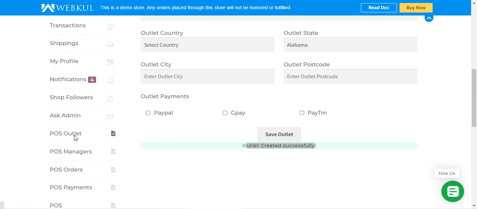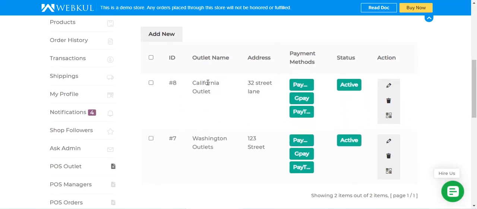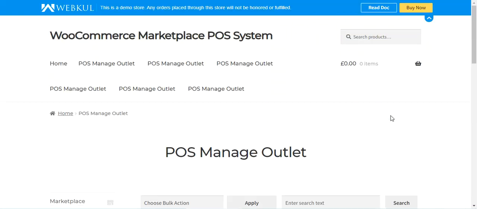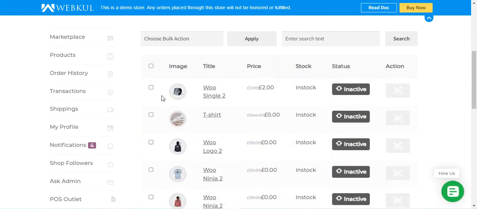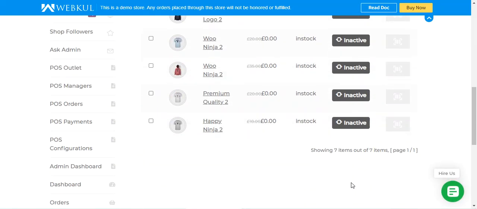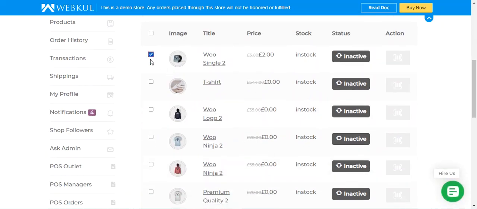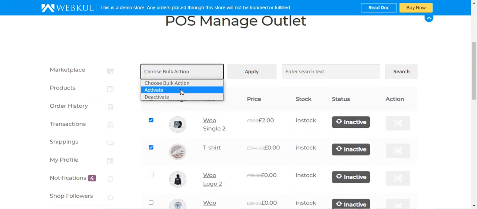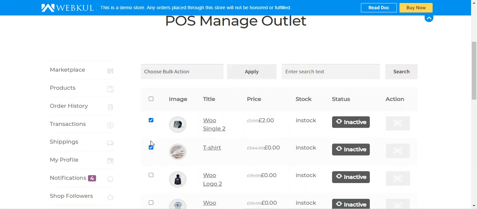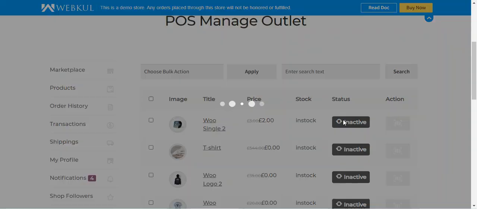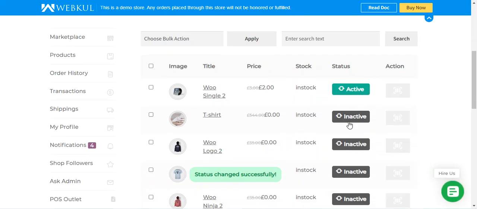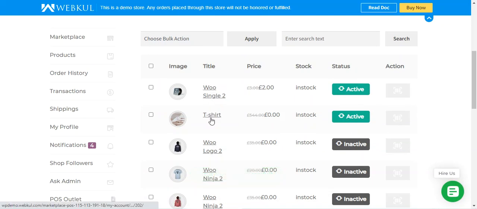Now if I go to the POS outlets, the particular outlet, California outlet, is also visible. The address, the payment methods, the status is active. Now how can I assign the products to this particular outlet? So for that, what I'll do is I'll go to this manage outlet section, and here I'll select the products. You can see that all the products are inactive for this outlet. So I can select the products from the bulk action. I can activate them, or I can do it individually as well by tapping here on the inactive button to make them active. So let's make these two products active for the California